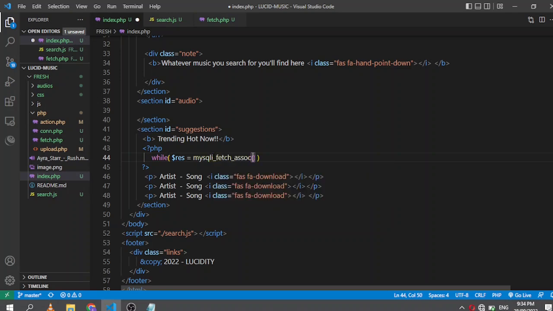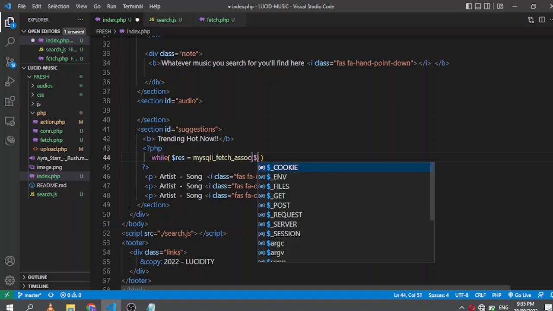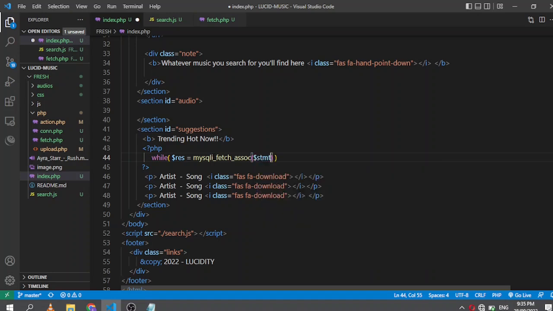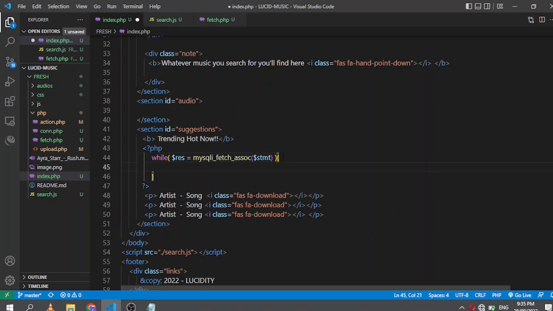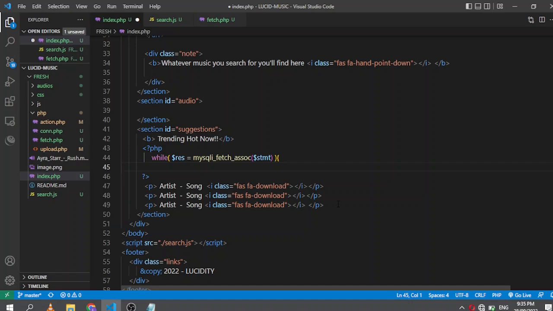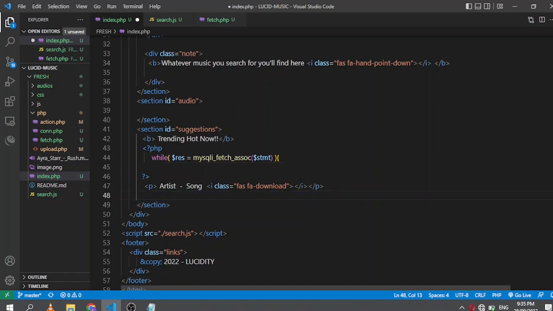Fetch as such of STMT at the top. While that is true, then do this. While that is true, return a paragraph tag always, or